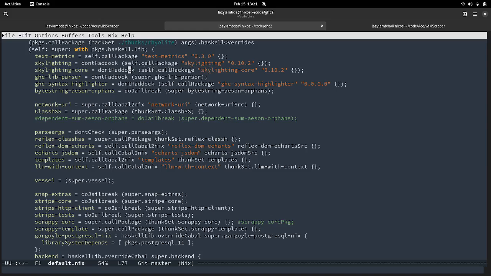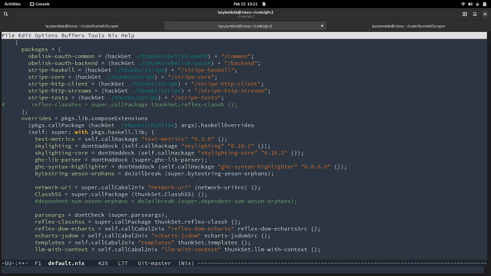I was able to pick some older versions. There's this other function here, self.callHackage, where you can very easily pick a version instead of the default version that this version of Nixpkgs would have, right? Nixpkgs is almost meant to be a beginner-friendly way to use Nix, and so it tries to have a set of packages which will all build together.